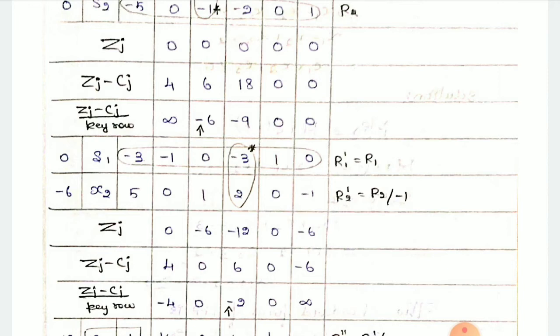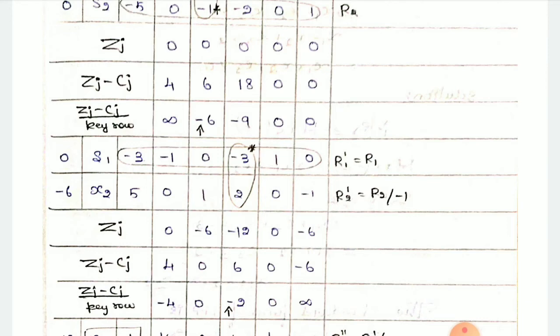So now we have to come in with choosing a key row. For this you have to come with the xb column. In the xb column we have a negative, so we have the next iteration also. So only one negative, so you have to choose that, that is your key row. So Zj minus Cj divided by key row means 4 divided by minus 1, so minus 4. 0 divided by 0 is 0. 6 divided by minus 3, so minus 2.